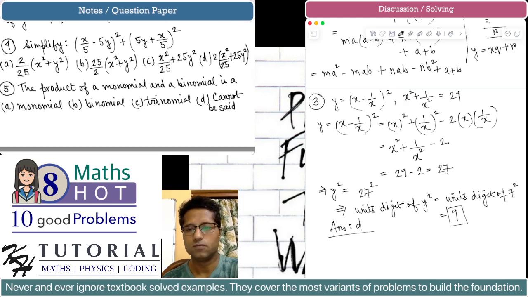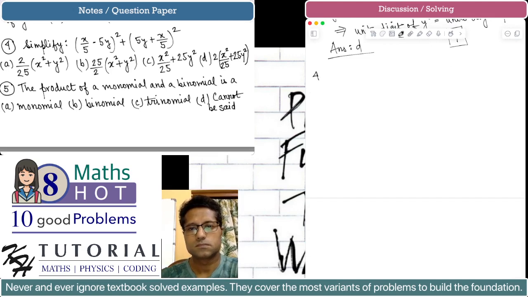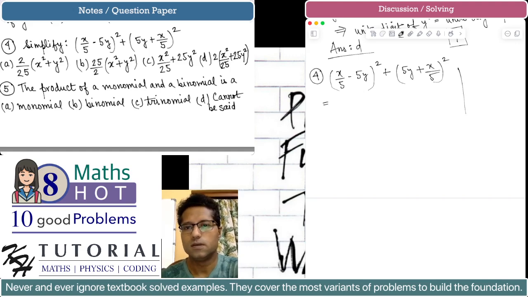Okay, let's do problem number 4. It is a simplification problem. X by 5 minus 5y whole square plus 5y plus x by 5 whole square. We can clearly see it is of the form a minus b whole square plus a plus b whole square, where if you consider this as a and this as b,